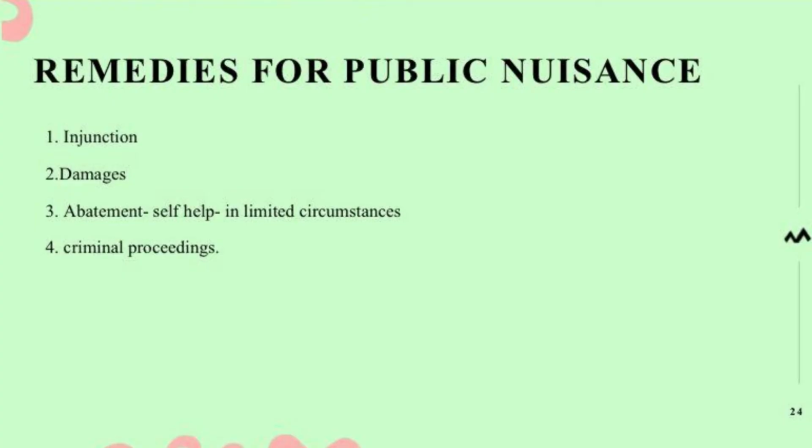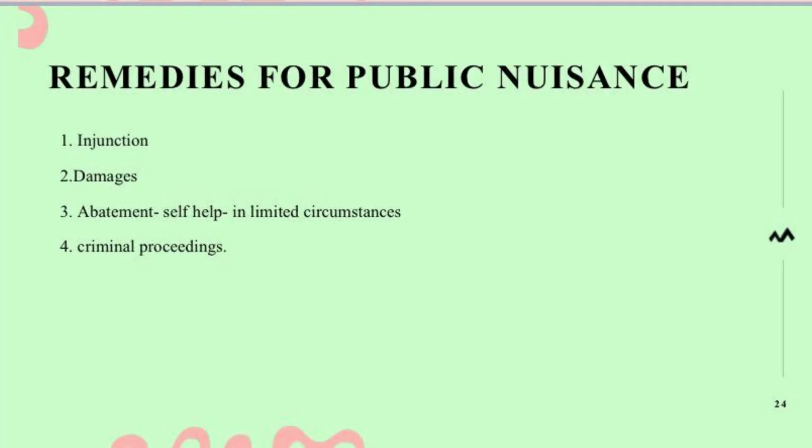I've always emphasized, and I will emphasize this: when you look at a tort, you look at the remedies, because that's what is interesting to your client. He wants to know, what can I actually do? I'm going to espouse the law. You can try to obtain an injunction. The Attorney General can obtain an injunction, or a private person can obtain an injunction to stop.